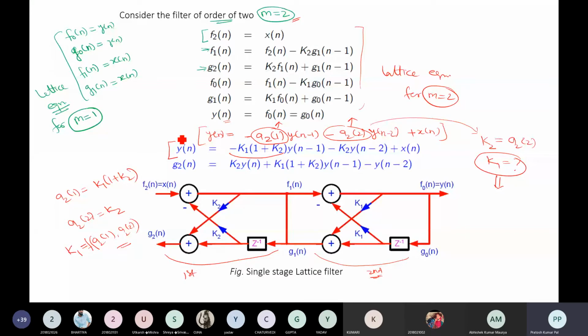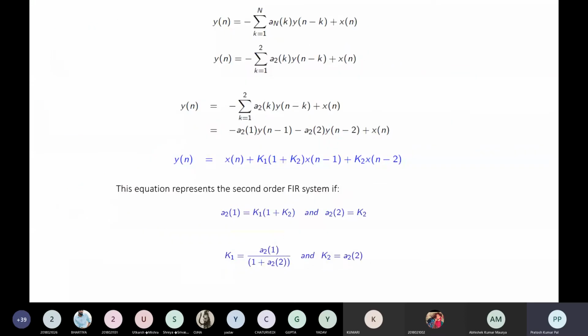Okay, so from there we can see the output can be given in terms of these two functions. Okay, so it will be starting with x of n, the first stage, and the second stage. The similar connections will be there. The same cascade stages will be there, single stage and second stage. Okay, so